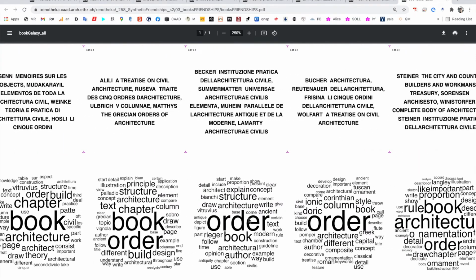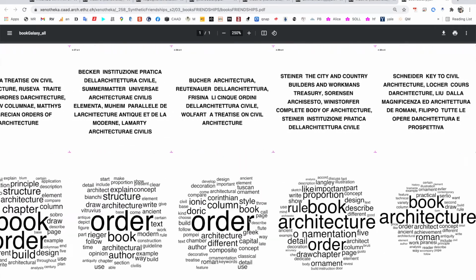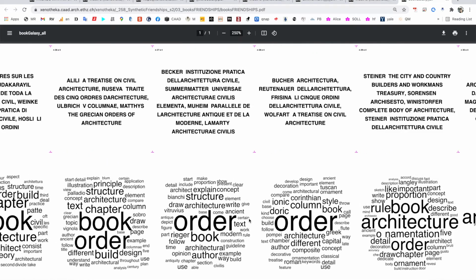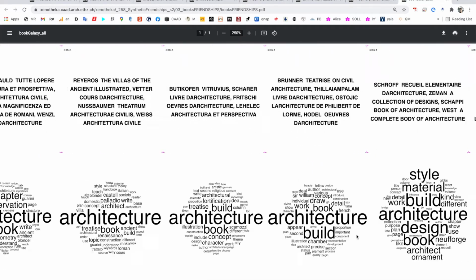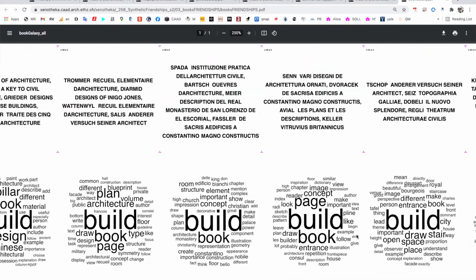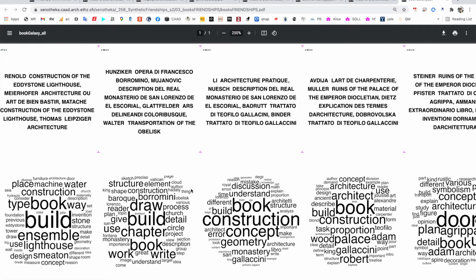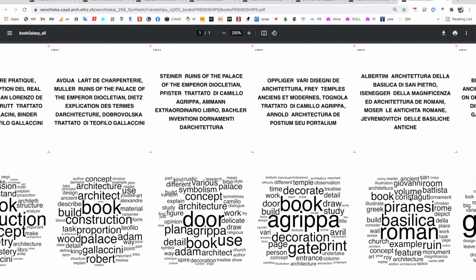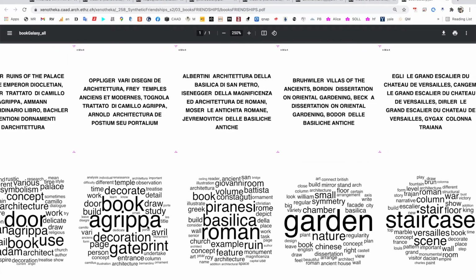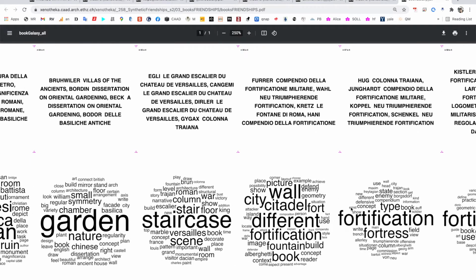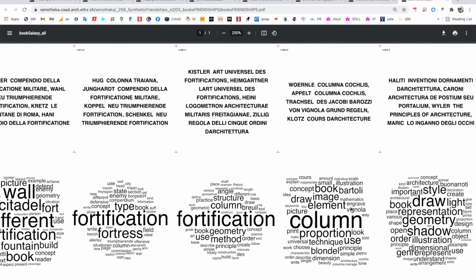And we can see how as we go through the table, we are coming from the books towards order, from the books towards illustration, and now towards order, via architecture, towards building, details, construction, building again, proportion, doors, and then things are getting a little bit fuzzy, more specific, like basilicas, Agrippa, gardens, staircases, fortifications, columns,